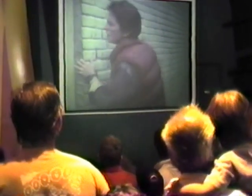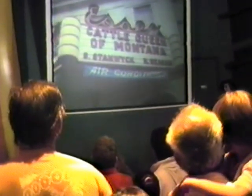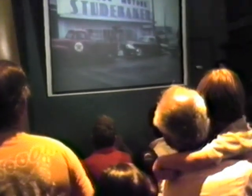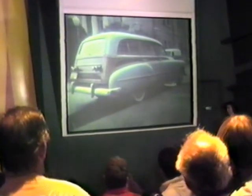For Michael J. Fox, the result proved convincing. When we walk into the back lot, it's so perfect, it's so detailed, and there's so much work that goes into it. It is 1955. I mean, you're there. So look around it. Everywhere you look, you see the establishments, and you see the cars, and it makes it